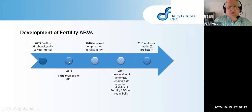So we added fertility. So we had a fertility breeding value. We added that to the APR, which was our index, the profit ranking at the time. And then progressively in 2010, we increased the relative importance of it. Very importantly and significantly in 2011, we actually coupled it to genomics. So we were then able to look at young bulls, so not just proven, but young bulls. And then in 2013, we had a significant introduction of what we call a multi-trait, a new model for assessing